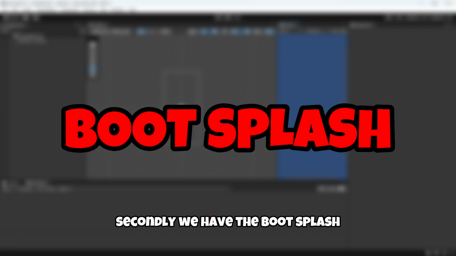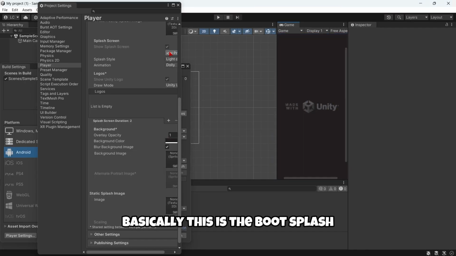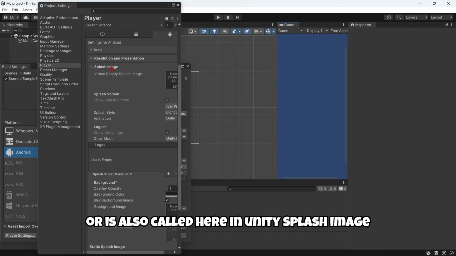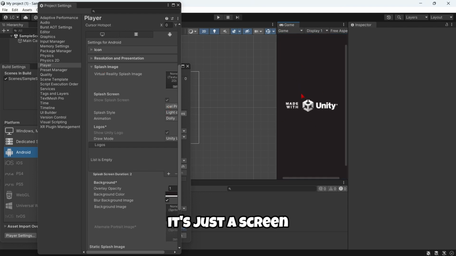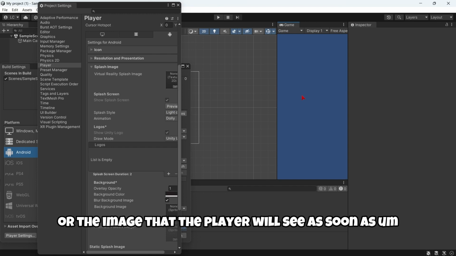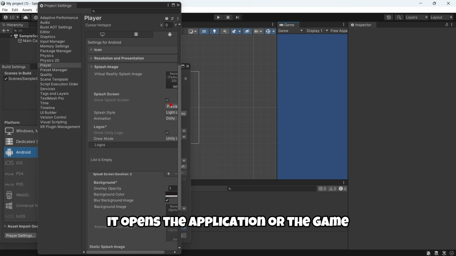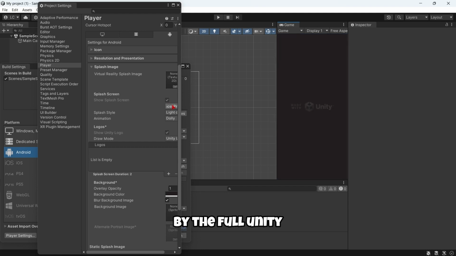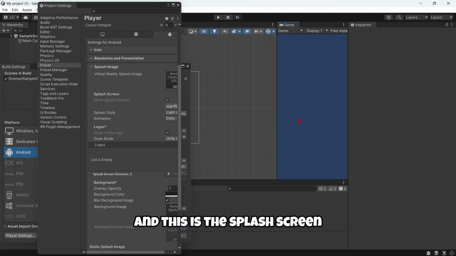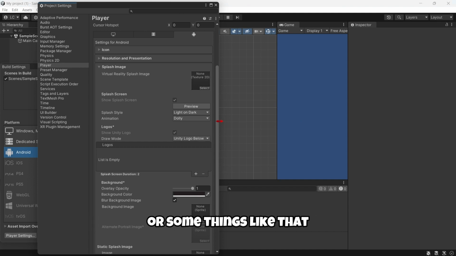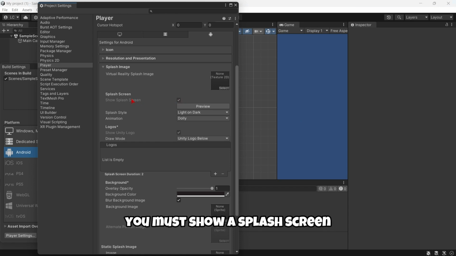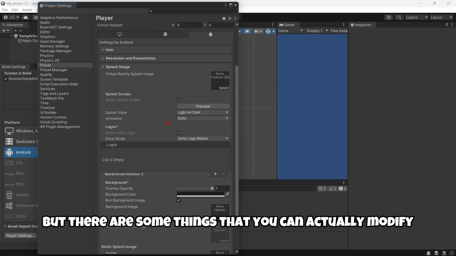Secondly, we have the boot splash. Basically, this is the boot splash, or it's also called here Unity splash image, but it's exactly the same thing, and it's just the screen or the image that the player will see as soon as they open the application or the game. By default in Unity, this is the splash screen. And well, if you don't have a license for Unity Pro or some things like that, as you can see, you must show a splash screen and you must show the Unity logo,